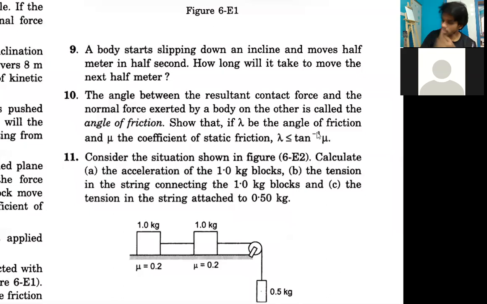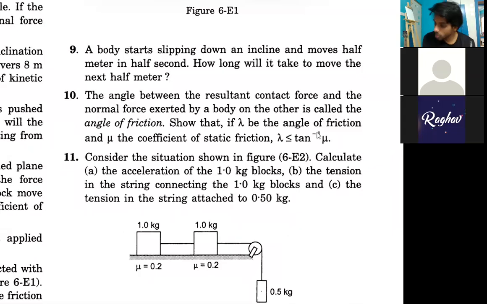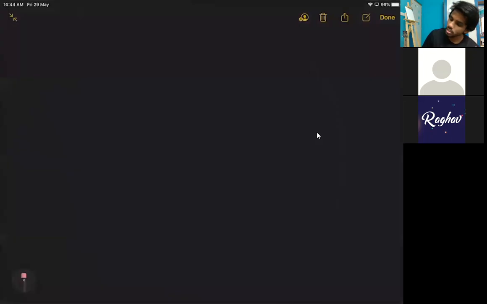Look at this question. The angle between the resultant contact force and the normal force exerted by a body on the other is called the angle of friction, right? We've talked about this thing. And show that lambda is the angle of friction and mu is the coefficient of friction. Lambda is always less. So what it's trying to say is,